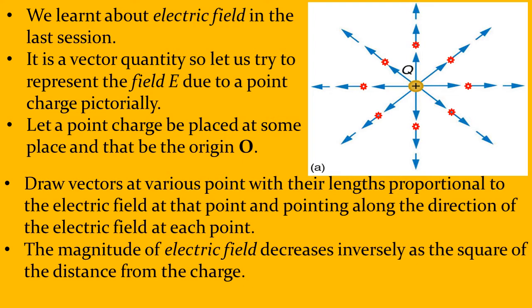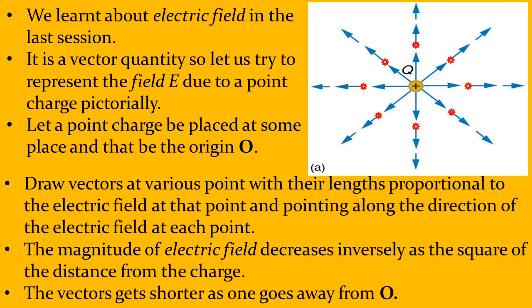Now let us say I want to depict the strength of the electric field here. As I said earlier, the length of the arrow indicates the magnitude of the field here and the direction of the arrow gives the direction of the field here. The length of this arrow gives the magnitude of the field here, and the direction of this arrow specifies the direction of the electrical field vector at this point.